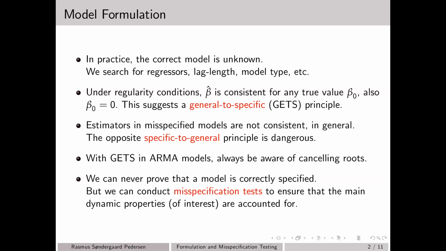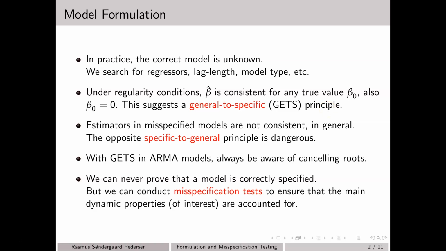And at the end of the day, we would like to have a well-specified model. The main idea is that if we include some irrelevant regressors in a, say, linear regression model, then their coefficient should be equal to 0, but a well-specified model should be able to capture this in the sense that if we estimate some parameter beta that has correct value equal to 0, then our estimator should simply just converge to this value. So it means that it might not be that costly to actually start out with a